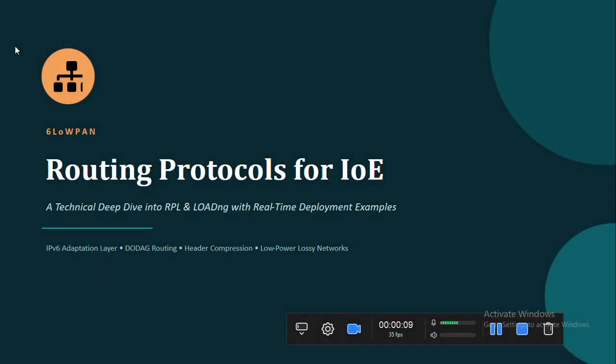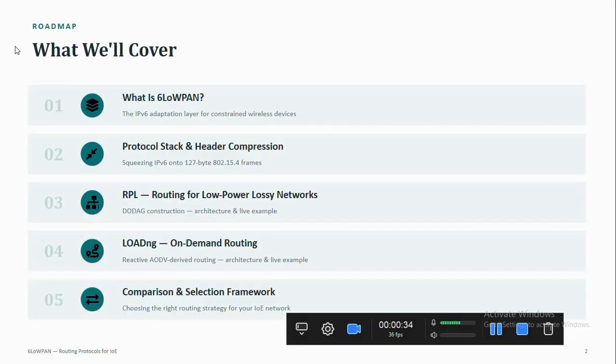Routing protocol for Internet of Everything. In this we have to study a deep technical dive in RPL and LOADng with real-time deployment examples. So in this we have the IPv6 adaptation layer, DODAG routing, header compression and low power lossy networks. These are the routing protocols for this IoE, and what we will cover in this is